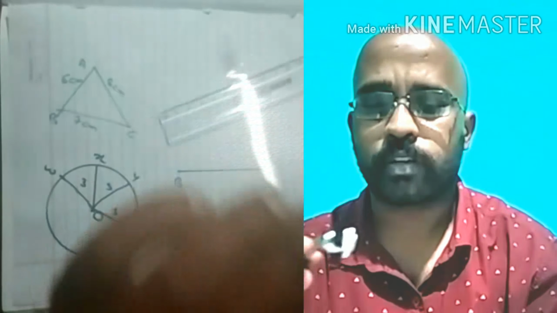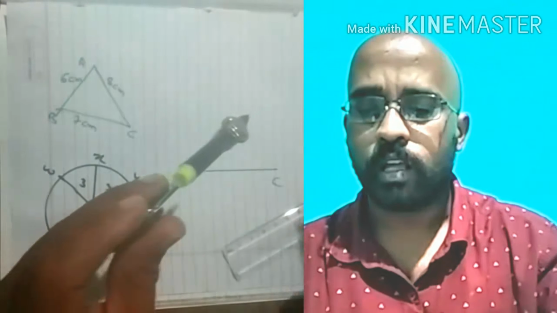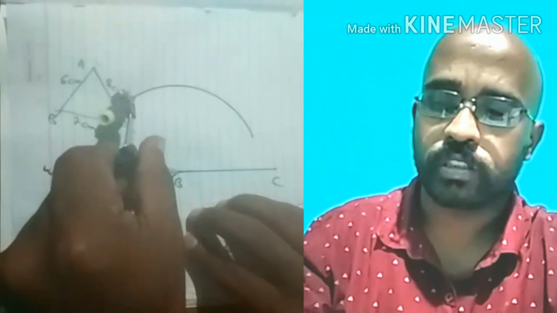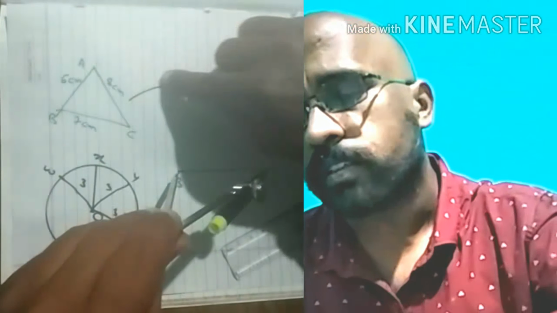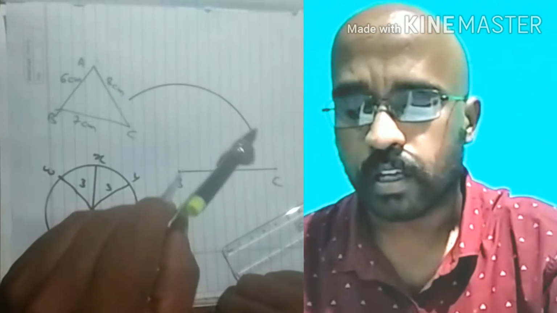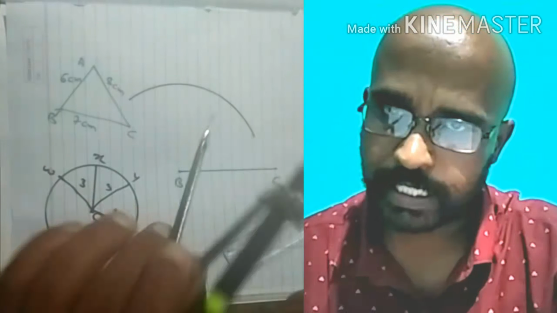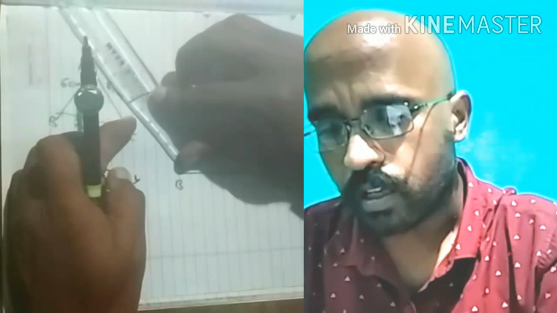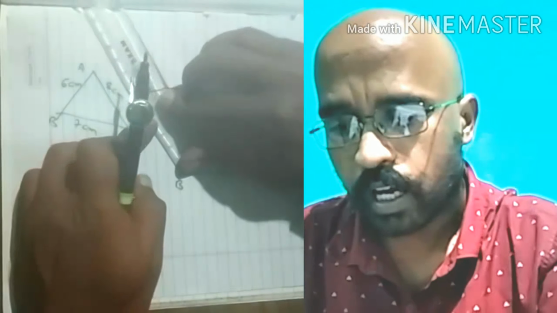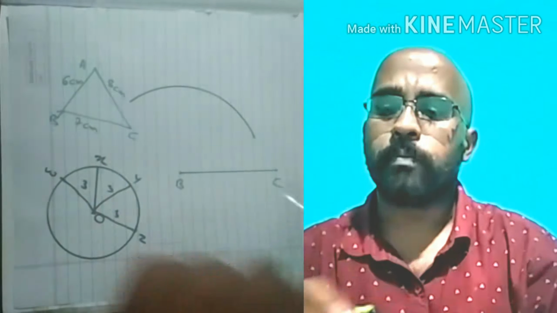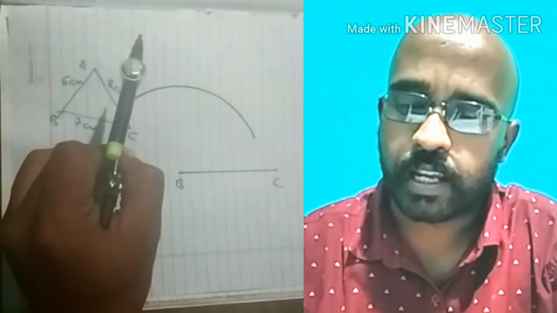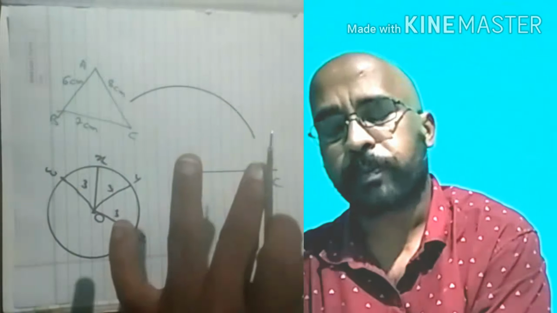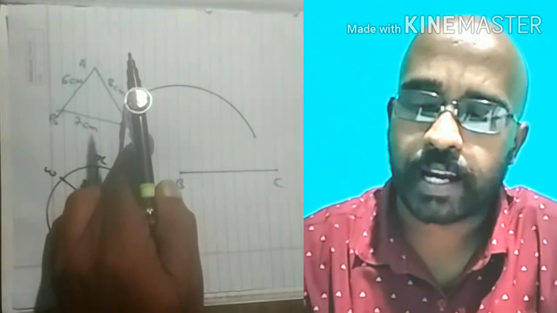Okay students, I have taken 6 centimeter. Now what I have to do? I will put the tip of the compass on B and draw one arc. Now see students, every point on this arc is 6 centimeter away from B. Clear? Anywhere you can check, every point on the arc is 6 centimeter away from B. Means A is on this arc, either here or anywhere on the arc. Till now it is not fixed. It's fixed only that A is 6 centimeter away from B and A is on this arc.